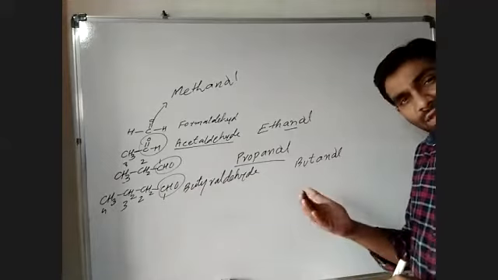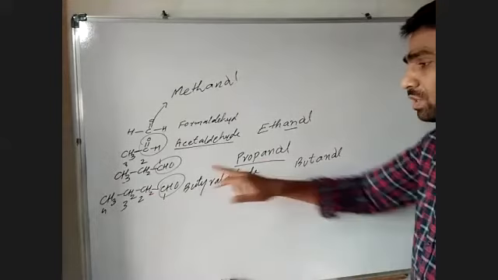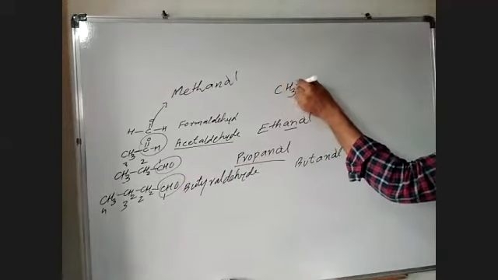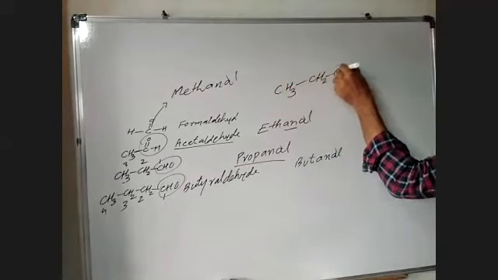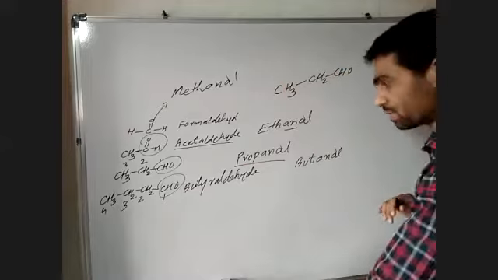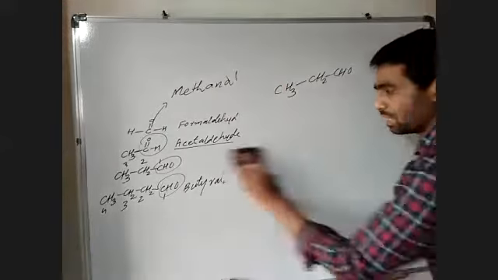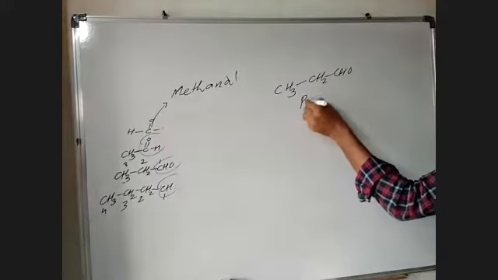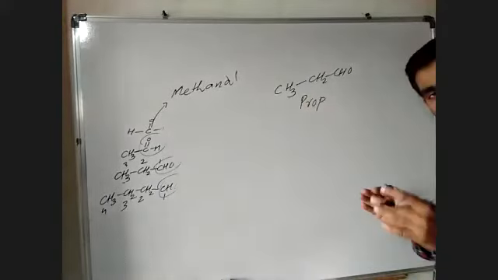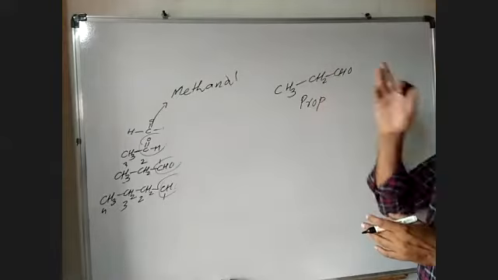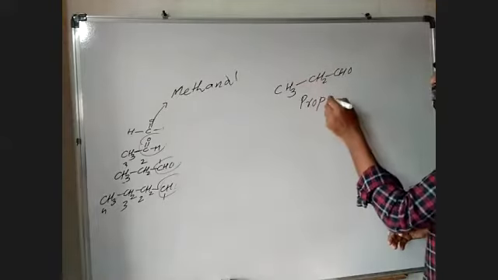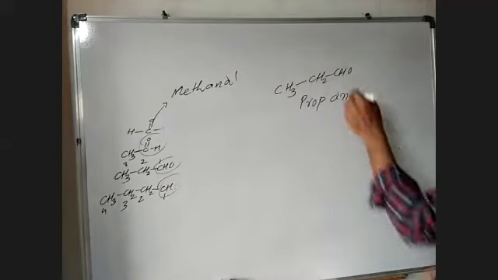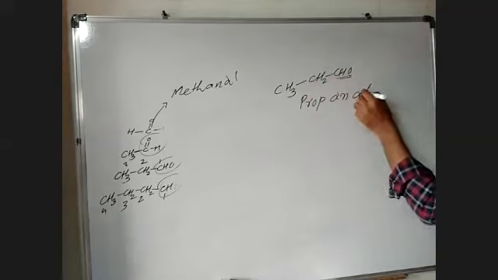What if we have a double bond? So let us take this propane here. I am drawing propane. So no doubt it is propanal. Let us discuss this structure. It is a propanal. Prop, why prop? Because there are 3 carbons. I have to add ane because there are single bonds only, and because it is an aldehyde, I can add al.